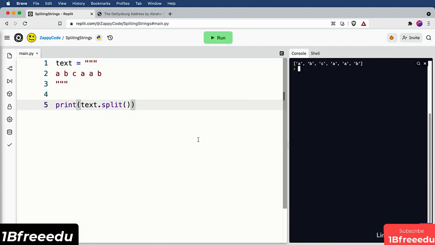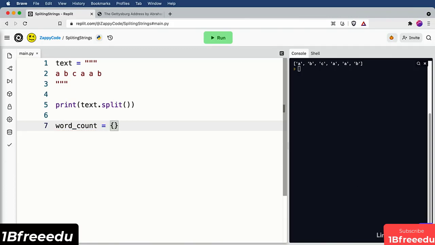Well, a great way to go about this is to use a dictionary, because with a dictionary, we could store the words, or in this case, these letters, as the keys, and then the count of how many times they appear as an integer. So for this, let's go ahead and create a variable that will hold our dictionary. We'll call it word_count, and we're going to set this equal to an empty dictionary,